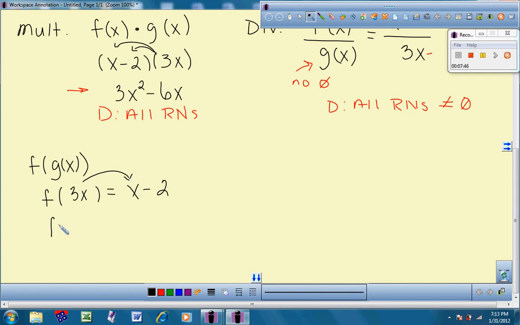So we would write our equation as such. x now becomes 3x. Don't forget to attach the rest of your equation. Look to see if we can combine any like terms. We're good to go. There is nothing more that we can do with this function. Again, our domain would be all real numbers. We are not restricted by any square roots or